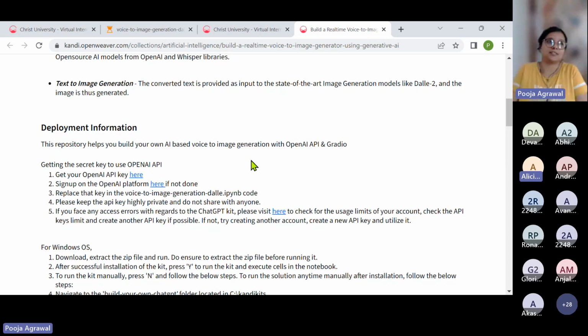A couple of you did mention that there was a quota issue. You see how OpenAI initially said that it will keep the services free, but then they have monetized it. It's only a 3 month thing, so that's not in our hands. But another interesting thing is we have a GPT for all kit, wherein you don't even need the API access. But that kit is more about conversational bots, which we worked on last week.